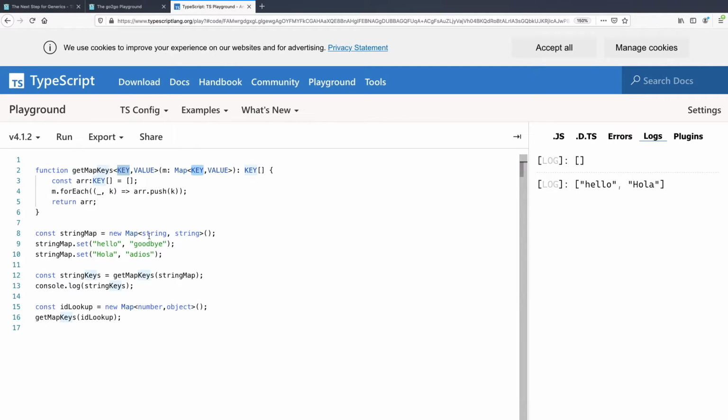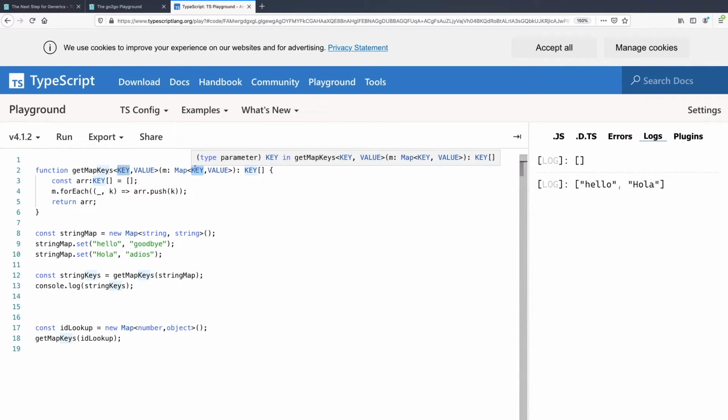So when I pass in a map of type string, string, key is set to string, value is set to string, and we know therefore that the key type is what we're going to be returning an array of. But equally, when I pass in number, object, this key type is set to the number type, and the value is set to the object type, because that's what we're passing in. Again, we're returning these number types, which is what key is set to. And this array is the same here.